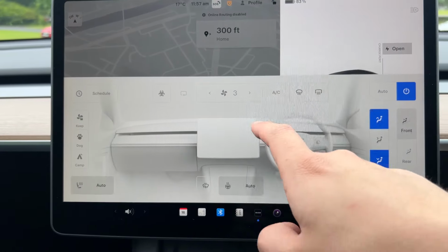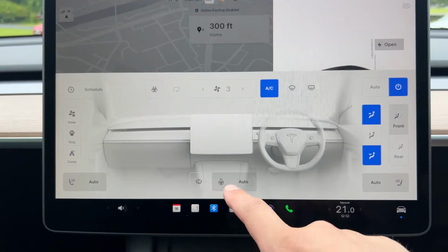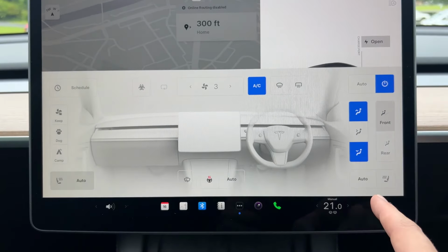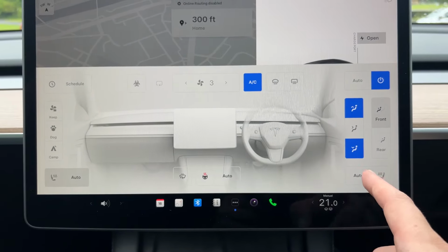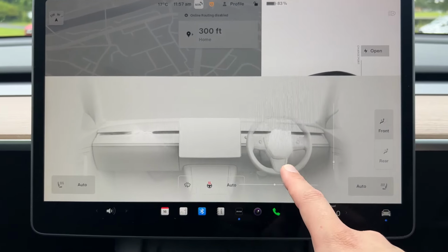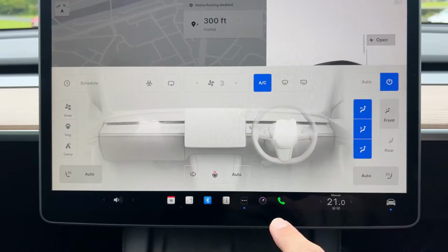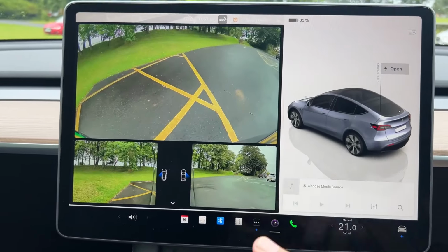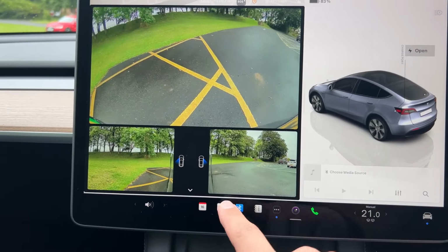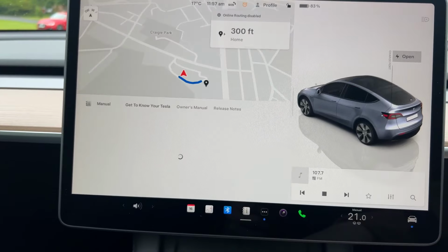You can control things like your AC. You can put heated things on, you can turn your heated steering wheel on. This car doesn't have cooled seats yet, but it does have heated seats in the third row, and then my favourite thing is you can control where you want the air to be, which is nice and clever. Of course, you can hit things like the cameras to see your parking cameras while you're around, and then there's even things you can do, your Bluetooth to connect things up